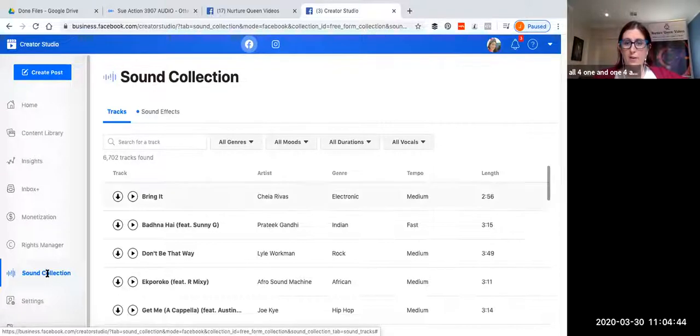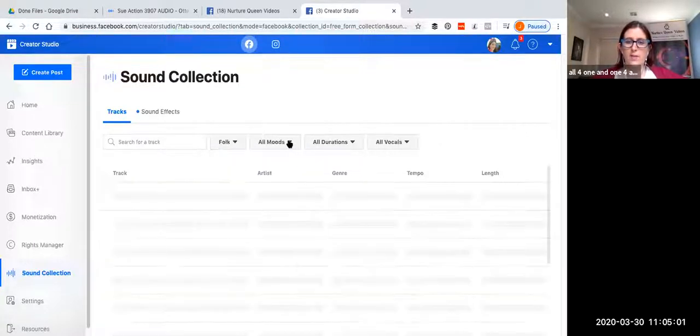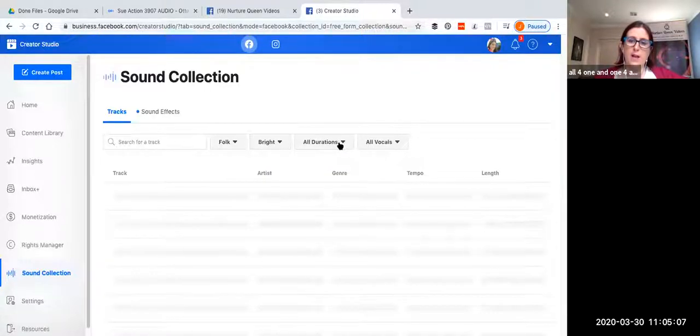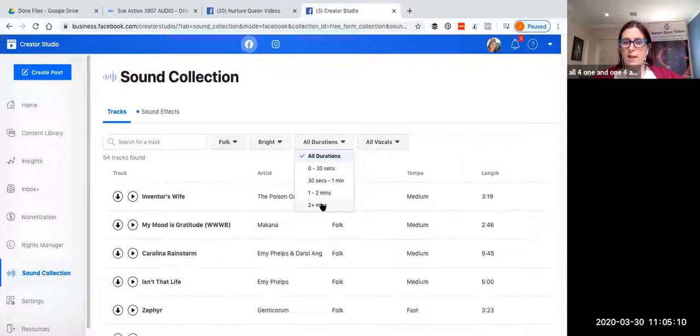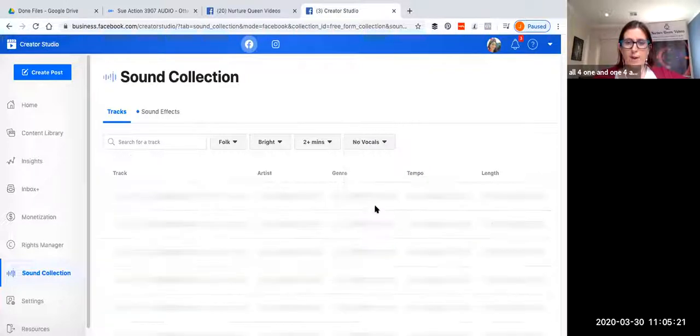But yeah, all these tracks that Facebook has, they have 6,700 tracks. You can actually just download them, and you do not have to credit them or anything like that. So let's say we want to go something a bit folkish, and bright. I usually choose the longest I can, because you can always cut it down, unless you're looking for something that's just really short for a little ad. And I usually like to just do no vocals,